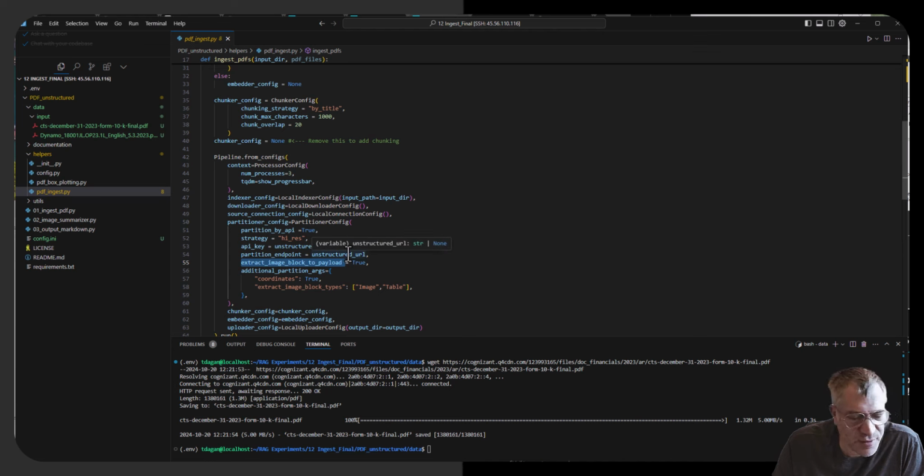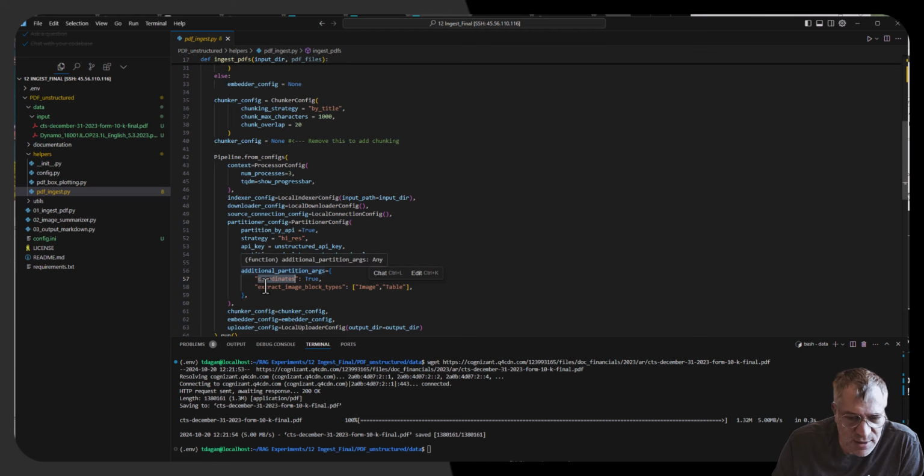Instead of having 100 potentially JPEG files, which is an option, you can save them to disk, the individual images and icons and so on that are found in a document, but instead it's going to be part of the output in the JSON. And then I'm also asking it to provide coordinates, which are the XY positions of where